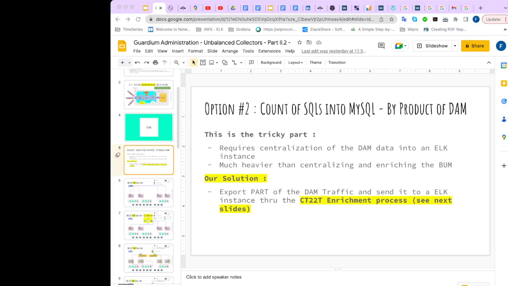Then we just saw how we can use the DAM data, which are made of the SQLs recorded, to get a sense of the contribution of each agent to the load of an appliance. Okay. Then instead of using the boom report, we use the data collected and recorded into MySQL. And this is a major difference, a major change, because the volumes at hand